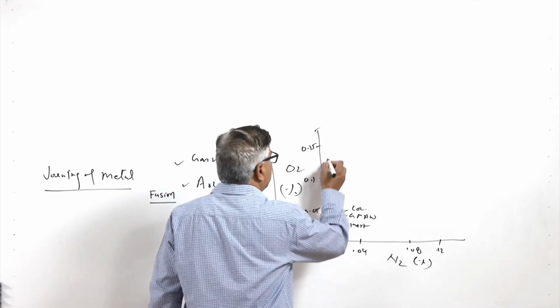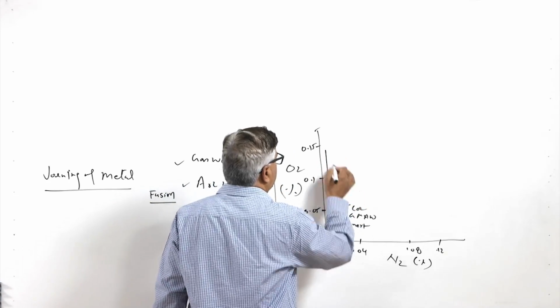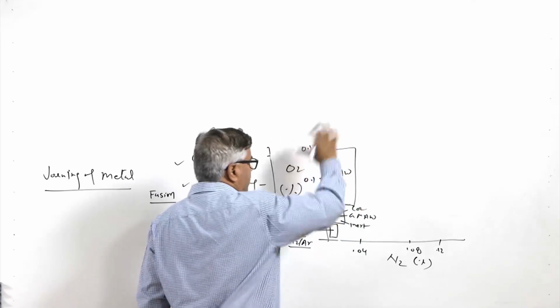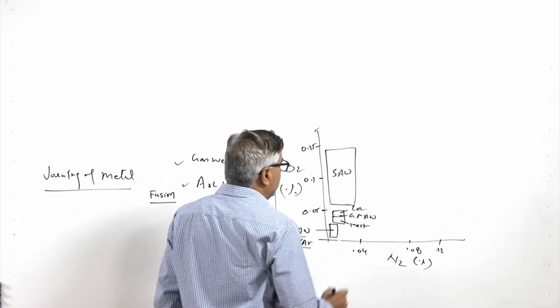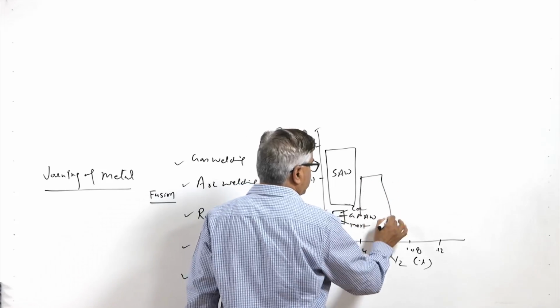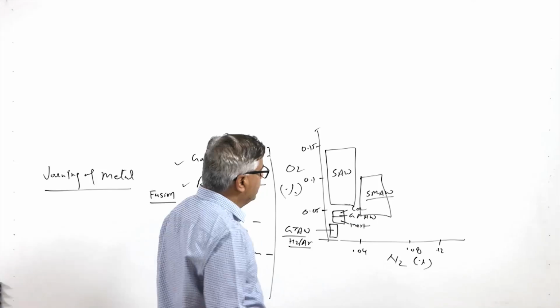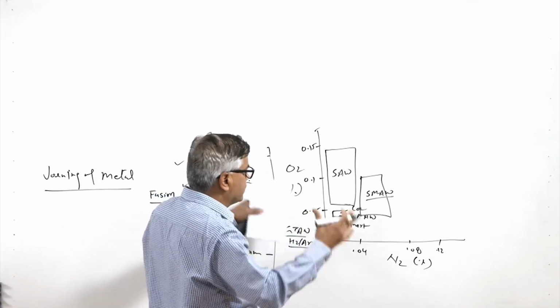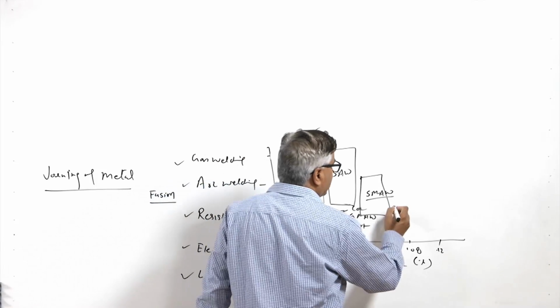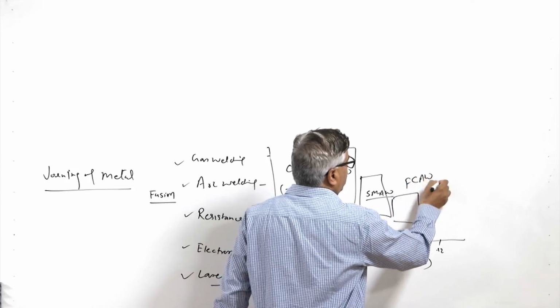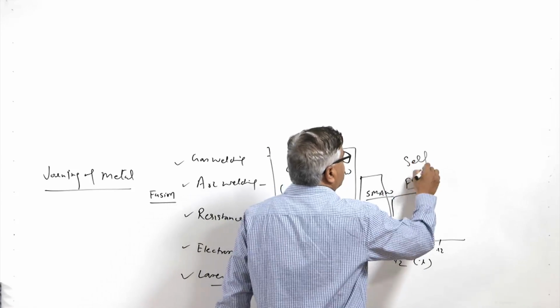Then the processes like submerged arc welding result in a larger amount of oxygen in the weld metal, while shielded metal arc welding, the stick electrode process, results in more oxygen as well as nitrogen, and a large amount of oxygen and nitrogen is produced in processes like FCAW, flux core arc welding, or self shielded